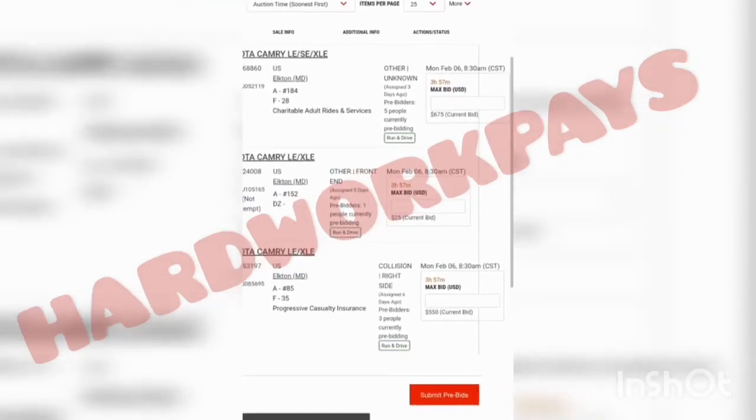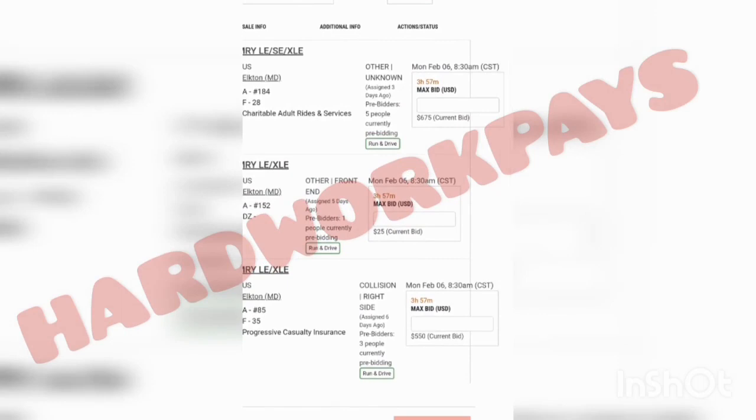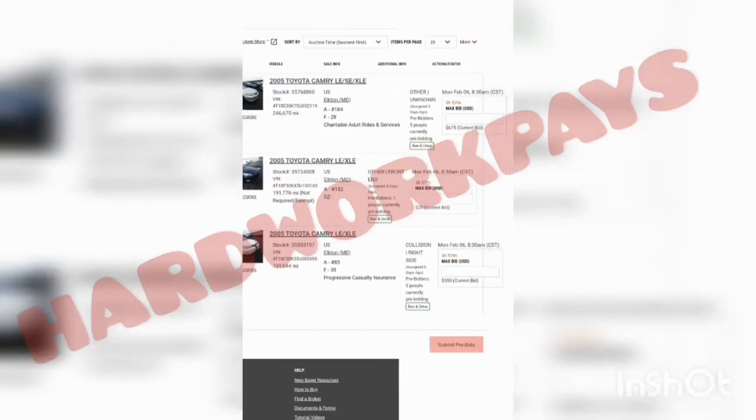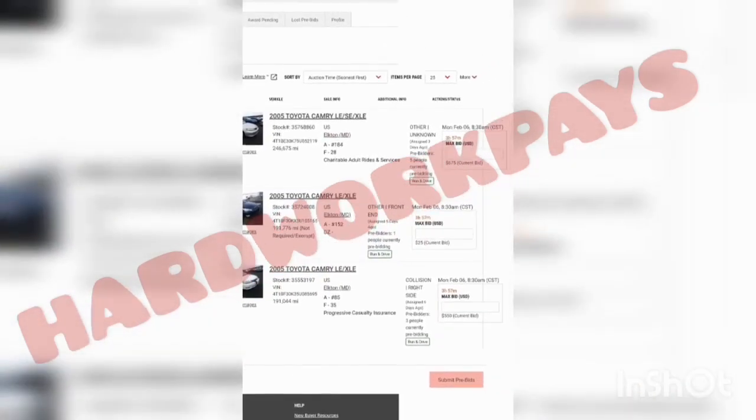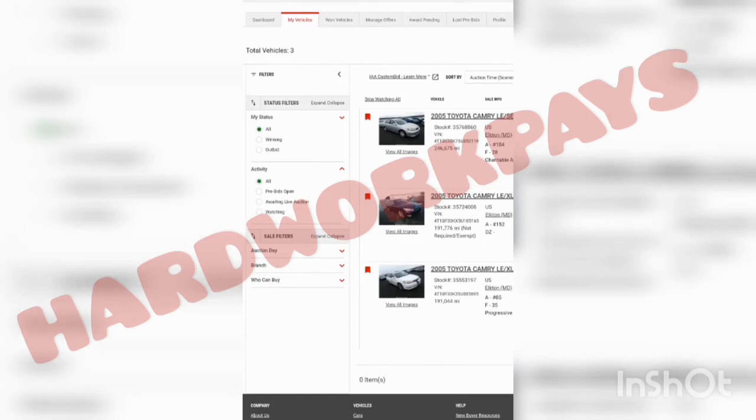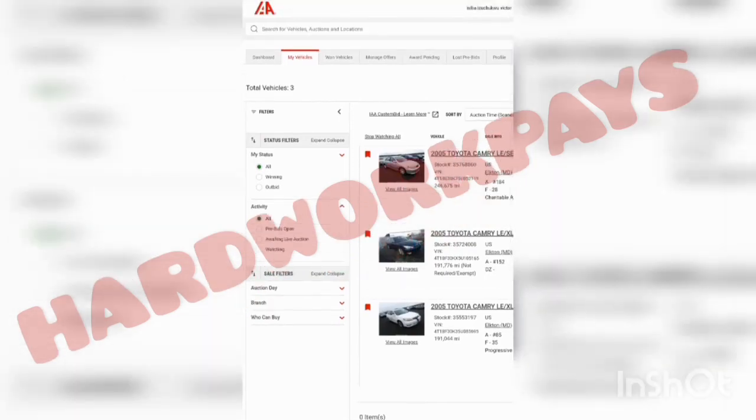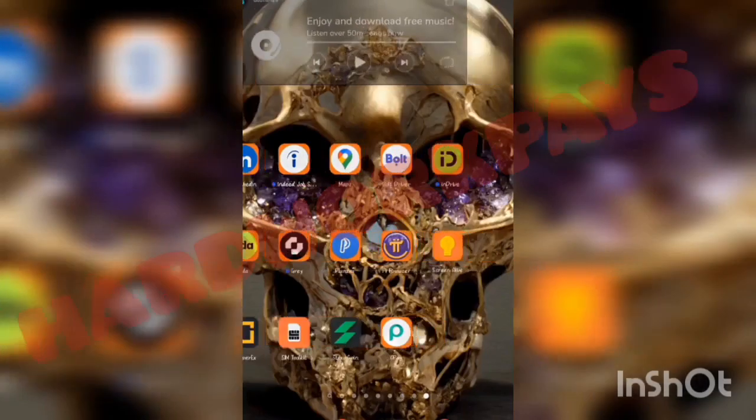So as you can see, in 3 hours 57 minutes this car will be bidded up, because today is the bidding day. So calculate 3 hours from now. This is 10:32. So in 3 hours is 10, 11, 12, 1, 2. See, around 2:30, 3 o'clock, like I said, that's when this car will be bidded up. Okay. So by the time you win, pay, the trucker picks up the vehicle, they will send it to the